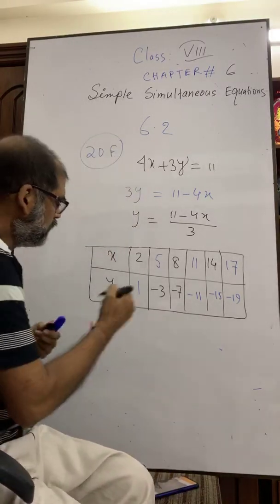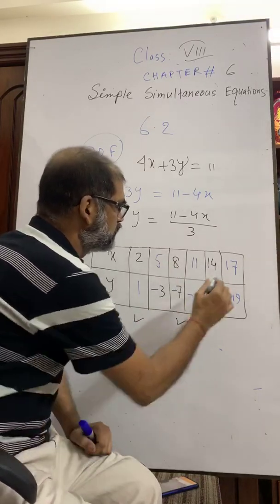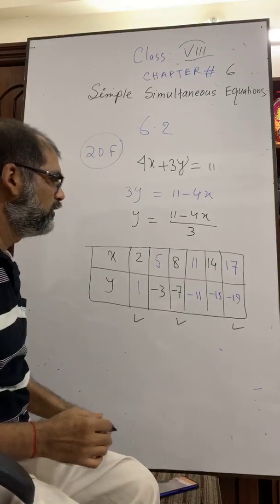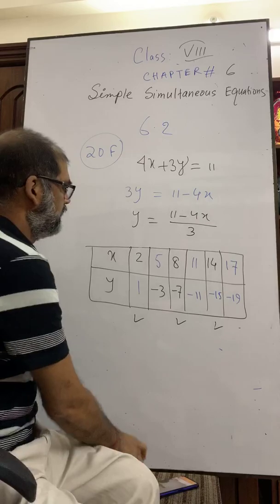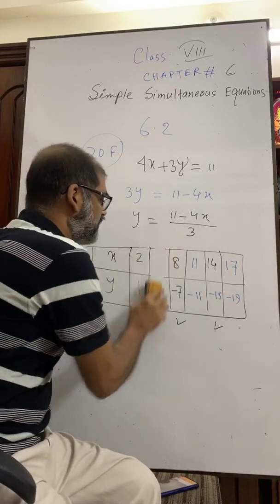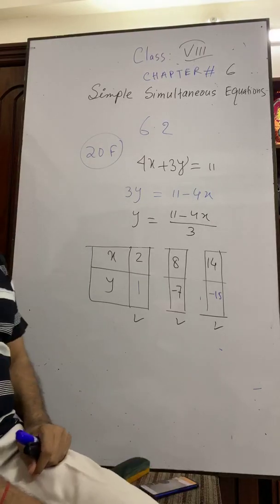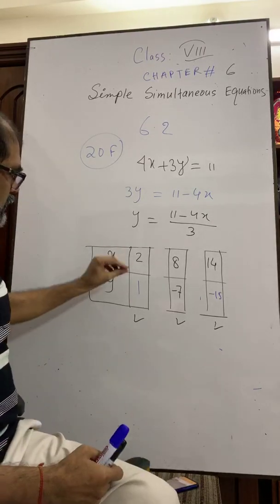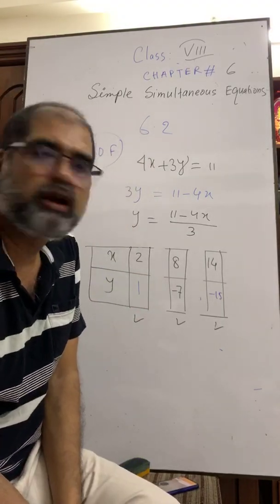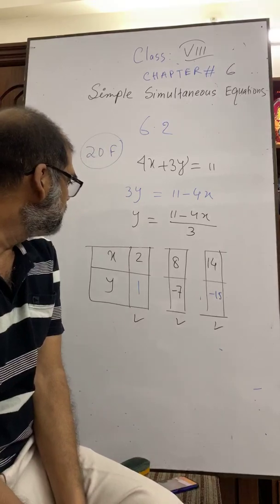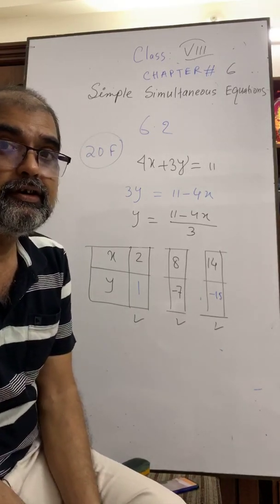What do we need? We need this part. Suppose we need this, or we need this, not this. You understand? I will not take all those values. I will take these values only, because I have to keep a gap. Otherwise, the graph of the equations will not be so attractive.